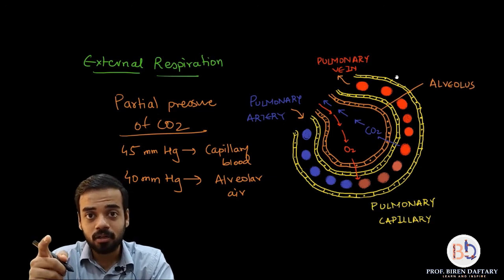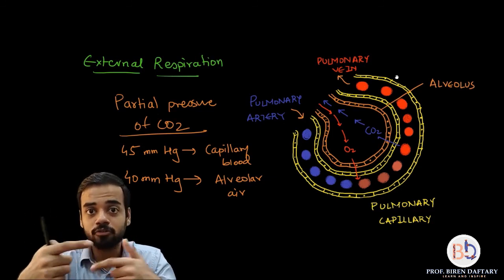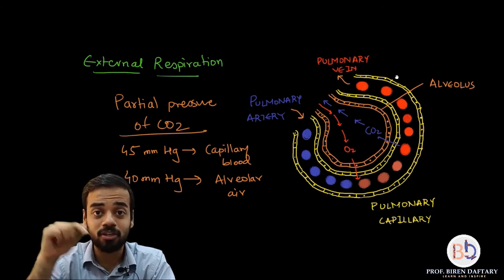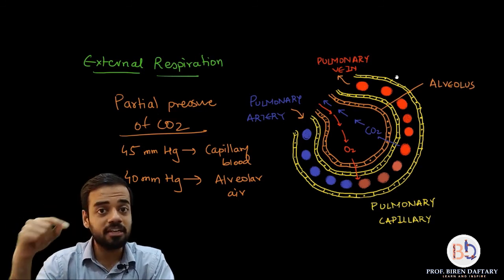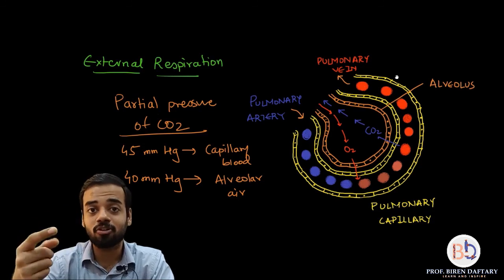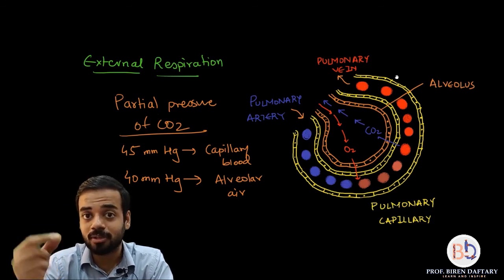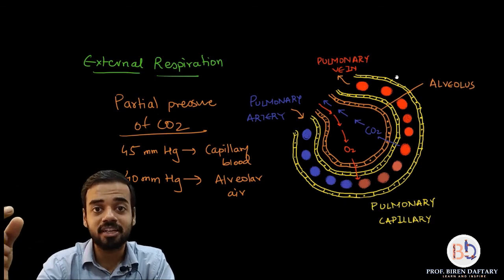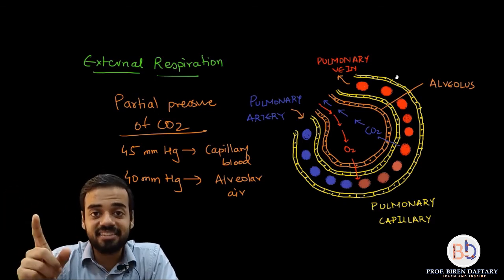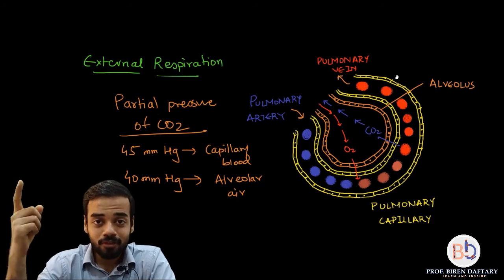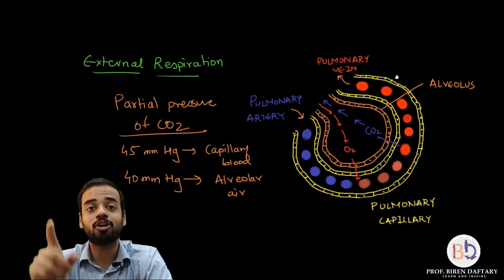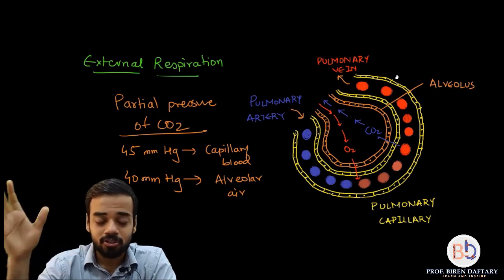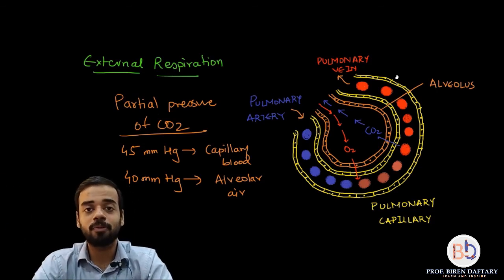Please remember, materials cannot diffuse from arteries because arteries are very thick walled, because the blood is flowing with a lot of pressure. Even through arterioles, diffusion cannot occur because arterioles are also thick walled, but capillaries are thin walled. Again, venules are thick walled, veins are thick walled. So exchange of materials from the cell and the blood can occur only in the capillaries. Please remember this. Okay, so guys, we have finished with the topic for today.